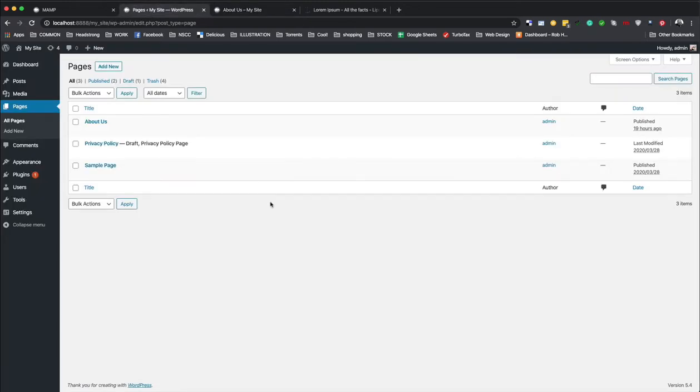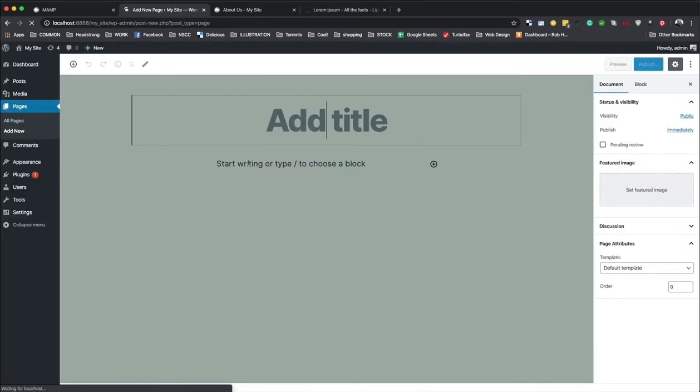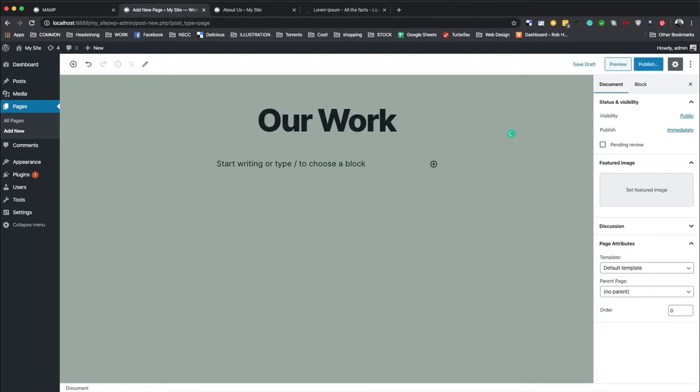Okay, so on our pages creation area, we're going to add a new one. And just like we did with the posts, we're just going to fill in some dummy content for now. So let's see, about us, maybe we want... all right, so we'll add some new pages. Let's make this first page our work, and then maybe we'll add,